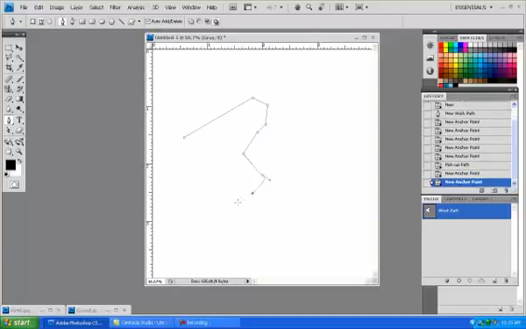And let's see, so put some more in. There. So you can begin to see how you can bend around corners, which is one of the interesting things